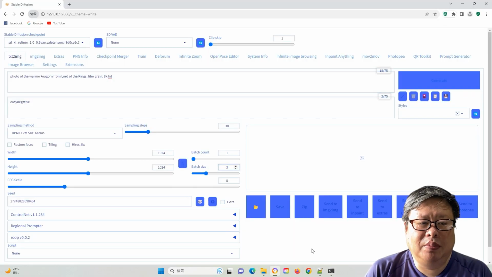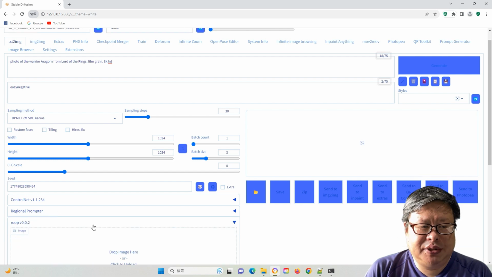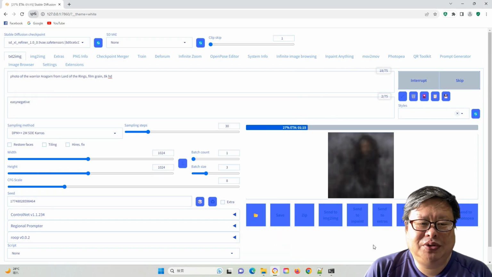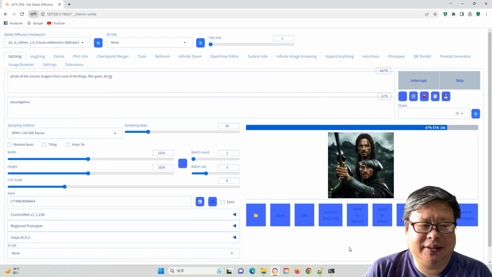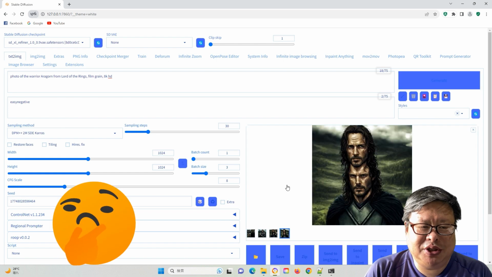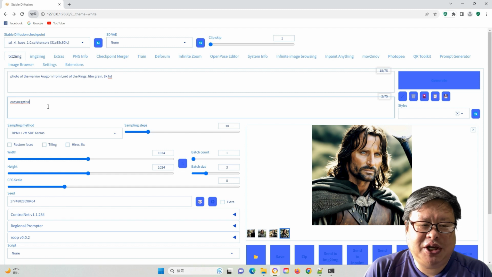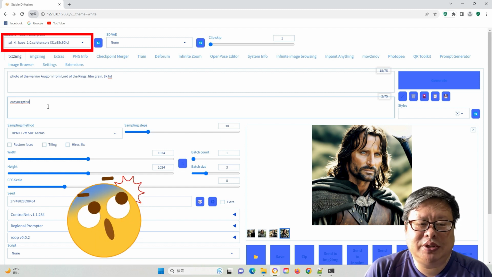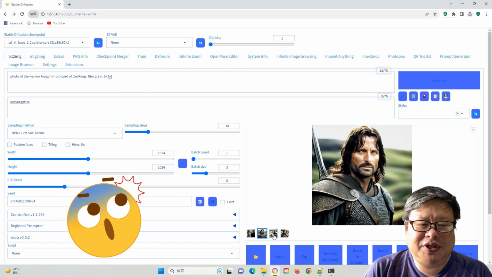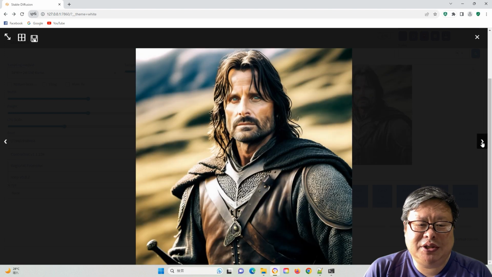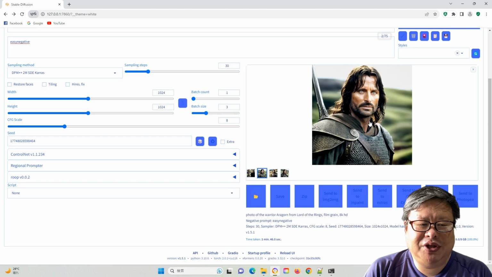I run the same prompt with the same parameters, but this time I forgot to change the refiner mode back. It still generates images, but sometimes it encounters problems. After I change back to the base 1.0 SDXL mode, everything works fine, and the images look very nice. The average time is 35.3 seconds per image, almost the same as the previous 33.5 seconds.